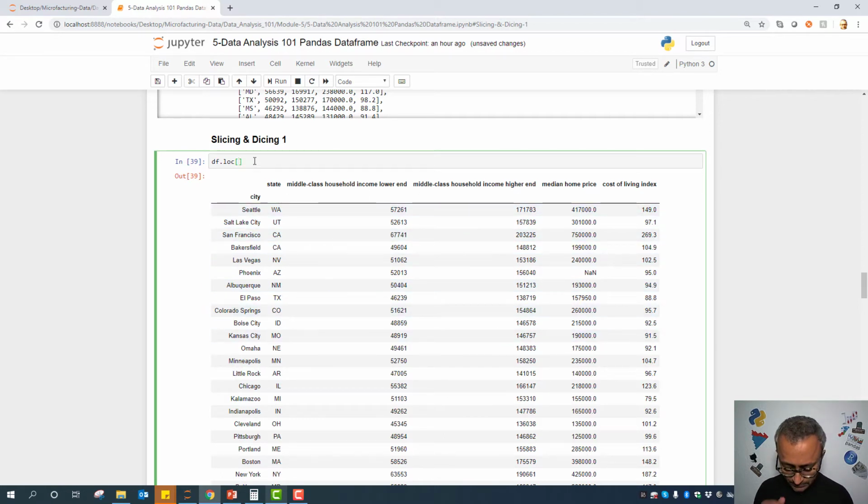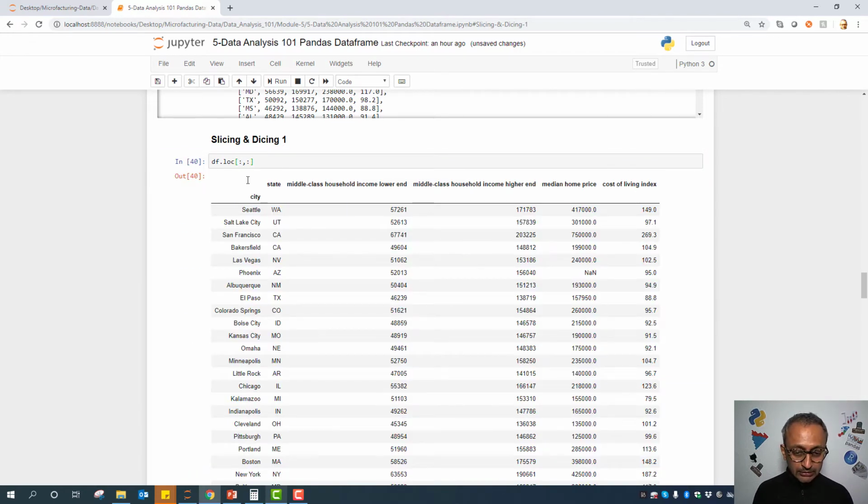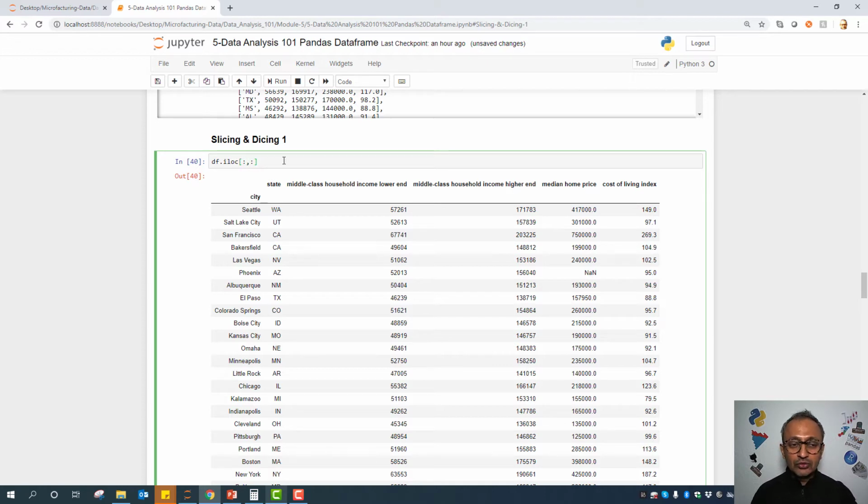So for example, if I were to just do this, these two colons are for the row location. So this is the row location and this is the column location. If I were to do this, I will get the entire data frame back, or I can do it based on the integer index. If I do iloc, there are two ways to extract